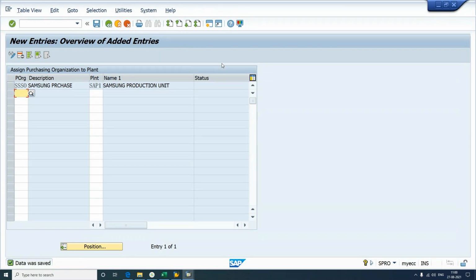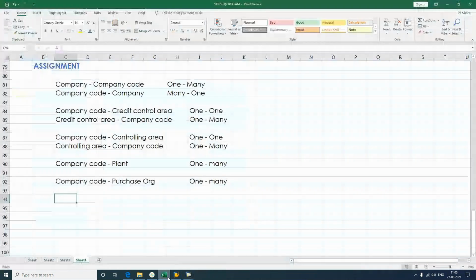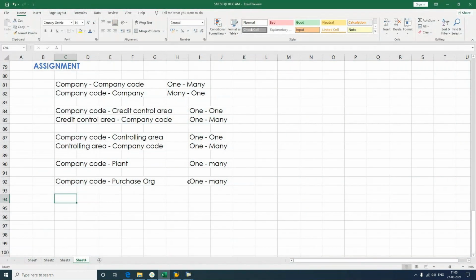So that's the step which we have done, where we maintained the link between purchase organization and the plant. Once we purchase the stock, we need to know where exactly it needs to be updated. So if you look at the link between purchase org and plant over here,